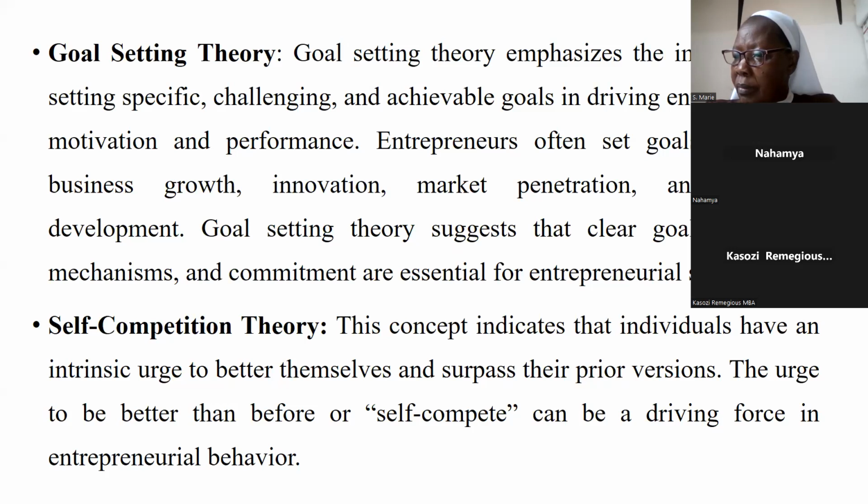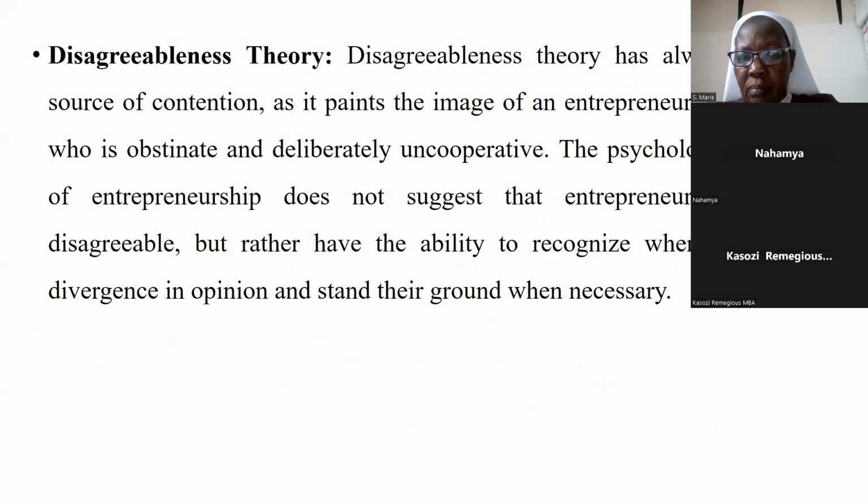So this looks at entrepreneurs as goal setters, and they work towards achieving those goals. Then self-competing theory, which talks about an entrepreneur seeing themselves better each day, surpassing their prior visions. And then disagreeable theory. Disagreeable theory is not about being contentious, but it talks about an entrepreneur as someone with the ability to recognize when there is need to be